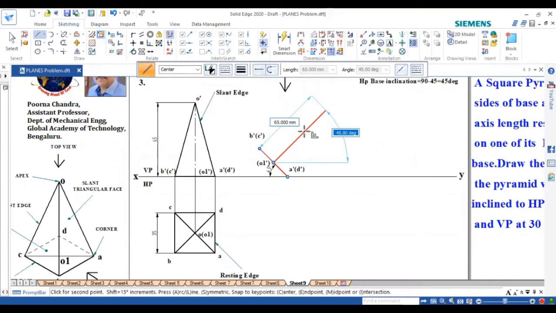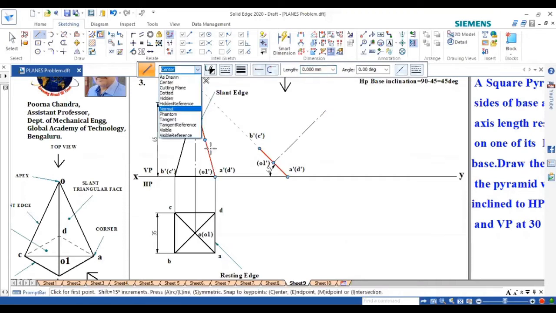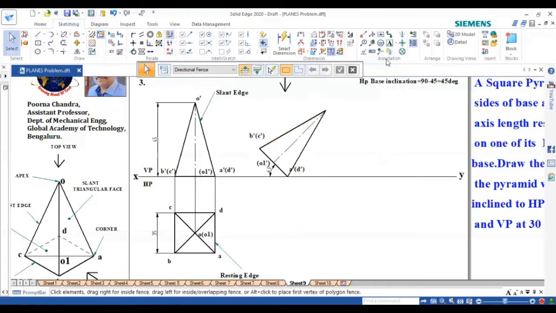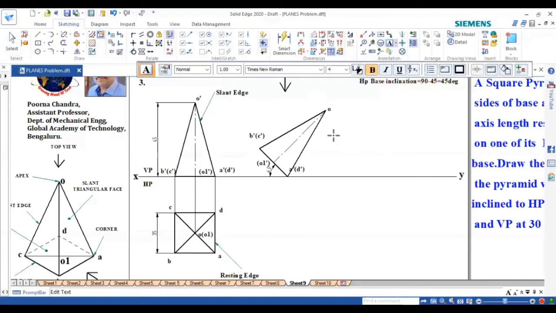Okay, it is perpendicular to this, right? Then I can go with a visible line, and we can join this to this. Okay, so the second position is done, and this we can name again O dash. O dash is done, right?